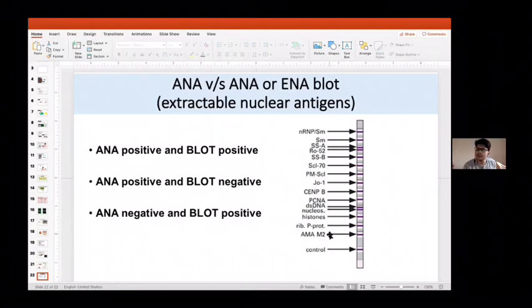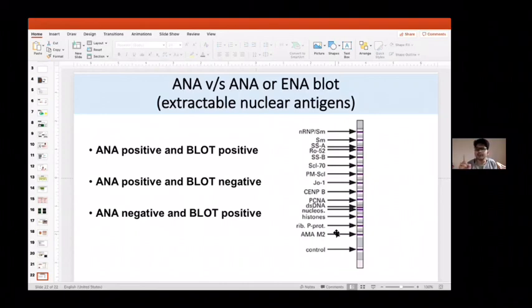But what is the number of antigens here? The number of proteins I plot here. Means if I'm plotting 16, it is a 16 number. If I'm plotting 12, it's a 12 number. While in ANA by immunofluorescence, you have the total cell available there. How many antigens does a cell have? Definitely more than 150. Okay. So what is more sensitive? Common sense. It is the cell which is more sensitive. Means the ANA by immunofluorescence is more sensitive than ENA blot or ANA blot, because here it is only a limited number of antigens which we think are useful but may not be the real scenario.